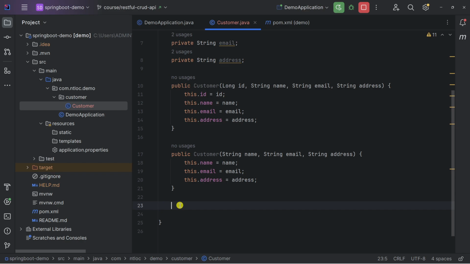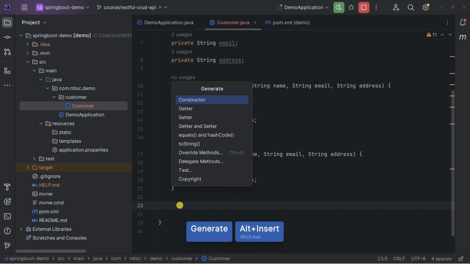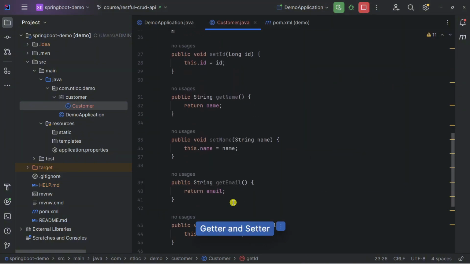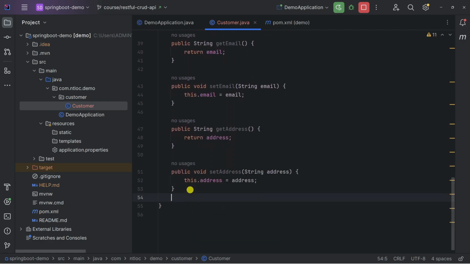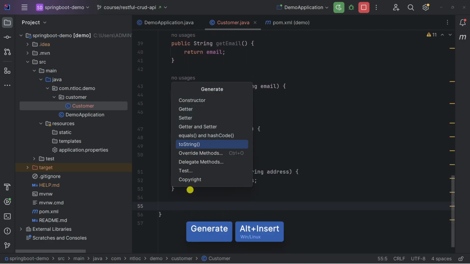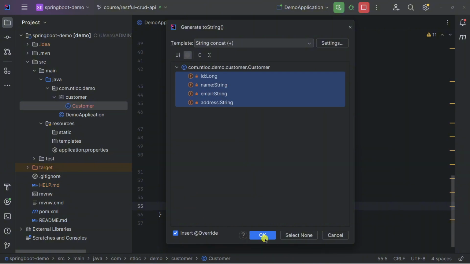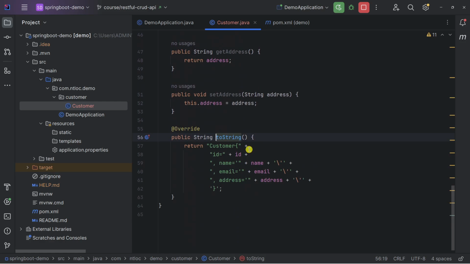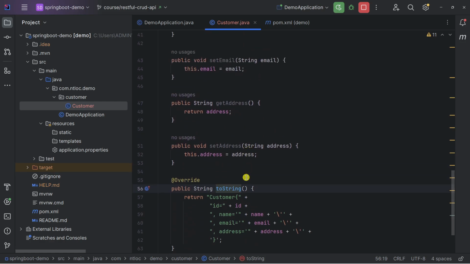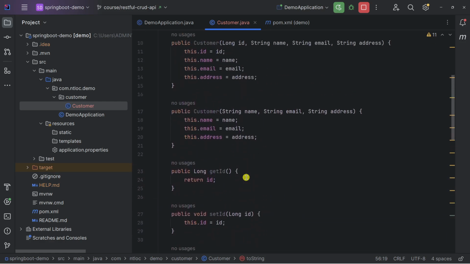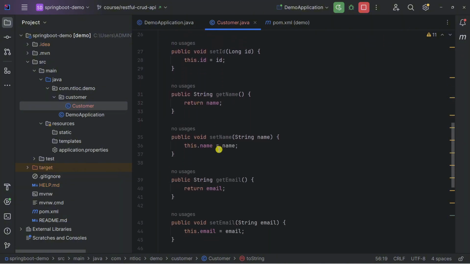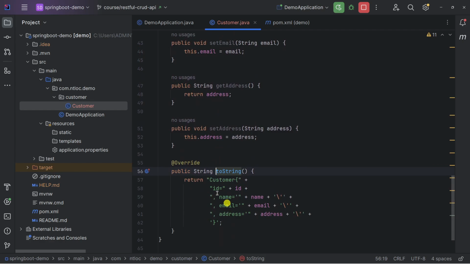And the next thing I would like to do is generate getter and setter for all fields. And the last one is toString. Okay, cool. Now we have a simple setting for our customer. We have all-field constructor, getter, setter, and toString method.